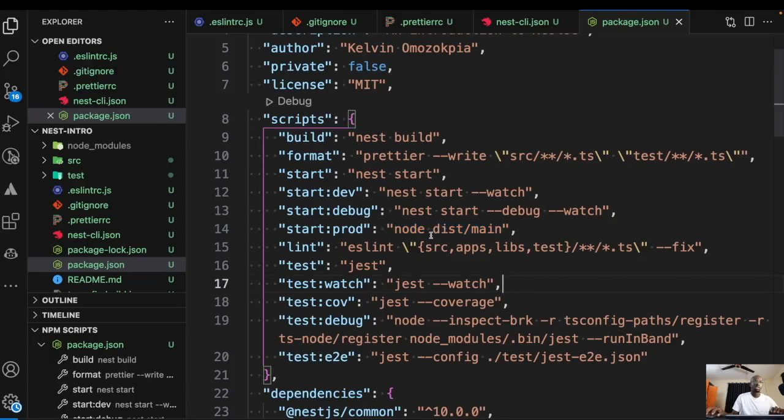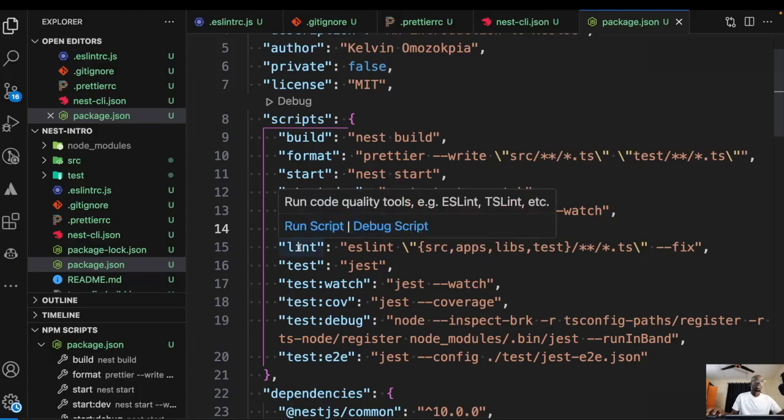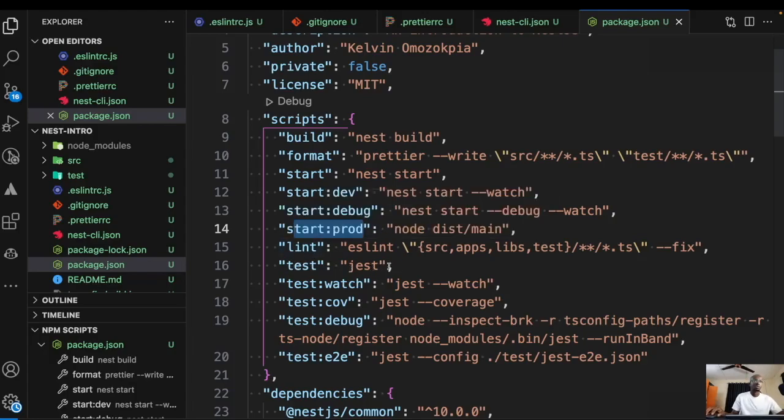So we've built the project, right? We have the output directory. So when we just call start, it's going to use the default Node on our deployment platform. Maybe we are deploying on Render, we are deploying on AWS, and then it's just going to run off the raw JavaScript, right? And then when we want to lint our code, we can run lint,